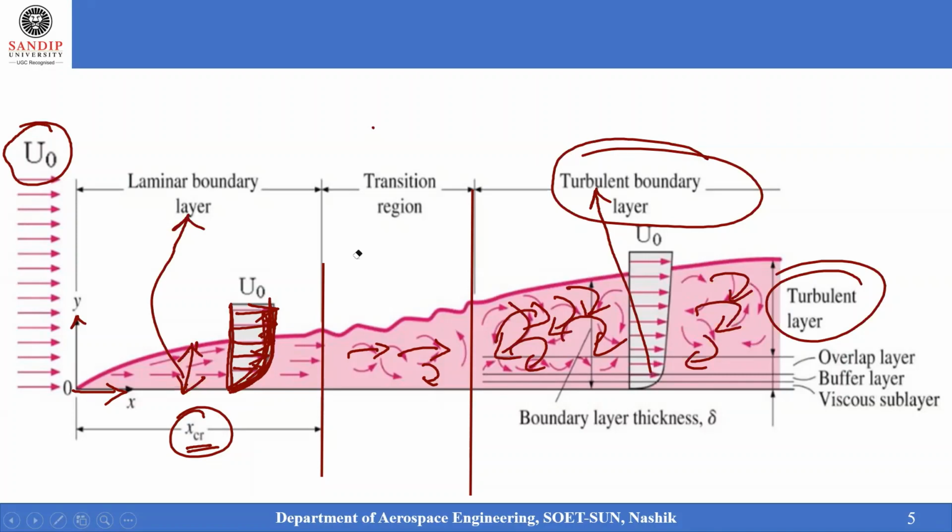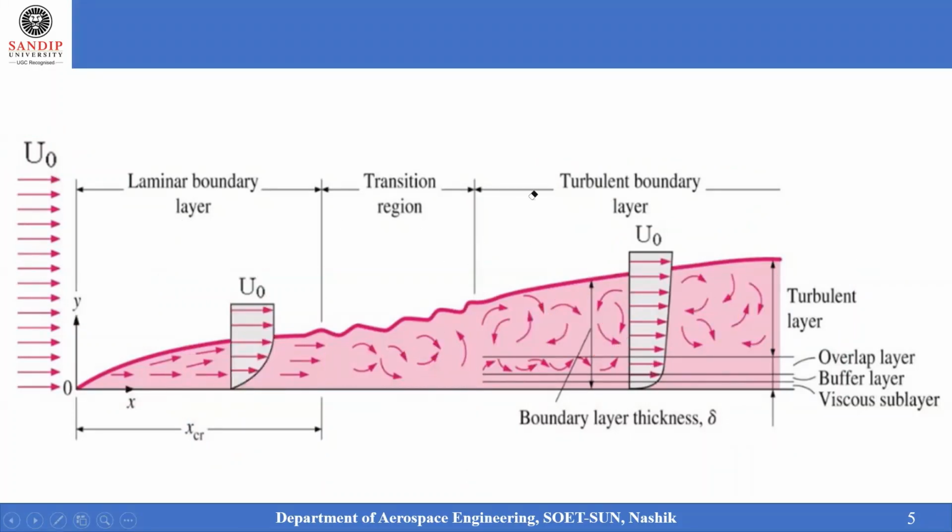Now the question comes, what exactly is boundary layer thickness? As per the definition, the boundary layer thickness is the thickness developed over this particular solid body, and it will be represented by delta. Delta will generally represent the boundary layer thickness. And in the laminar zone, this is exactly equivalent to the height up to where I'm getting the flow variations, and where the free stream velocity u infinity is equal to u naught. So up to that point, the boundary layer thickness can be measured.